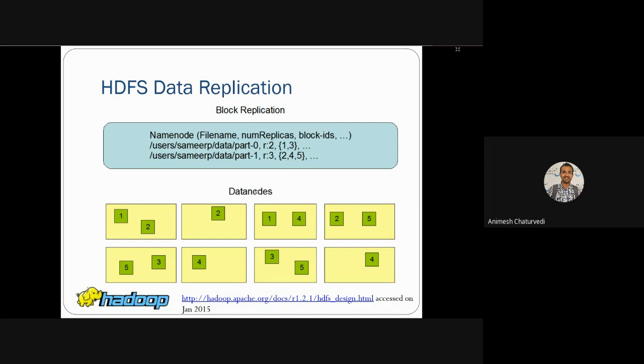So what do 1 and 3 mean? Part 0 is basically 1 and 3, and then you have another, part 1, which is replicated 3 times as 2, 4 and 5.